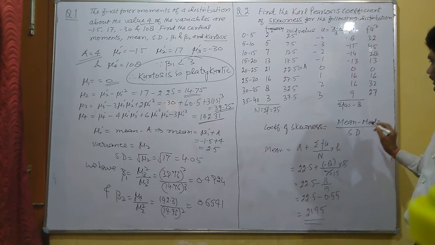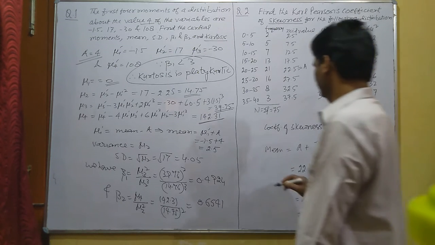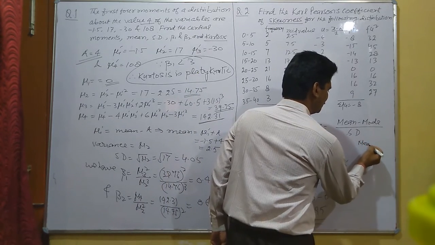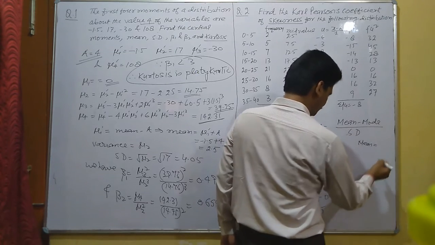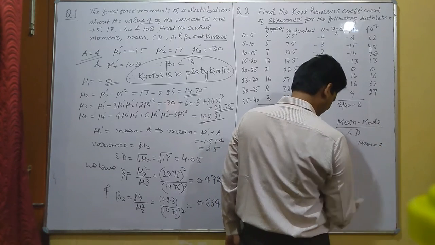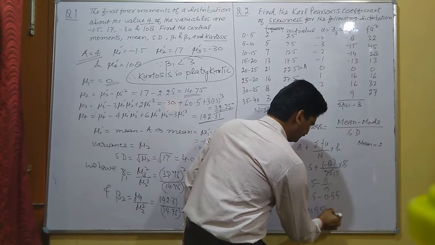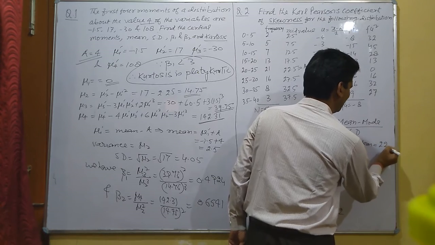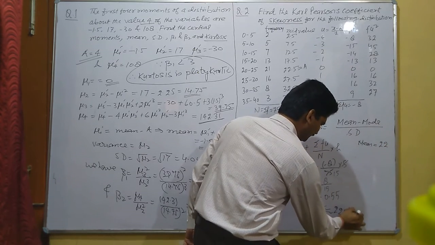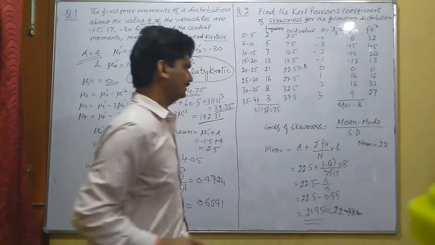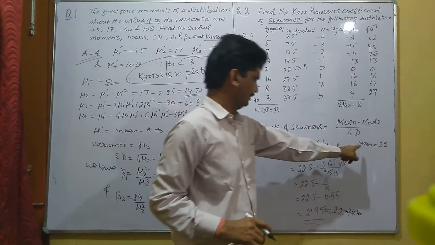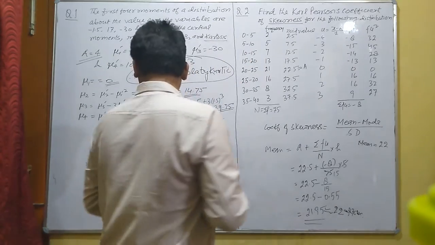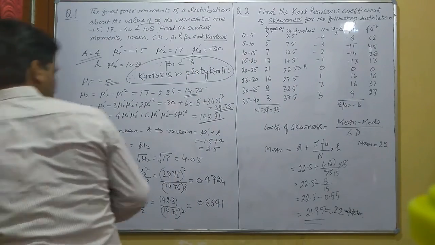And we also need standard deviation. So it is noted inside, mean is equal to 21.95, that is approximately 22. Okay, and next thing is mode. So mean is known, and now mode is